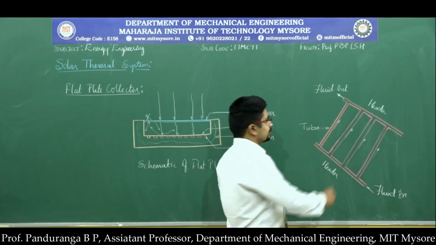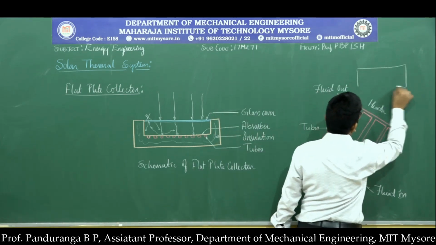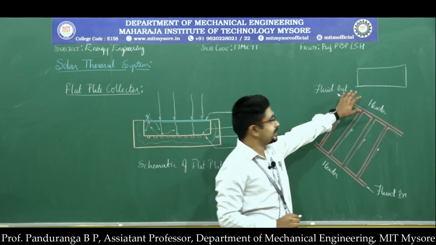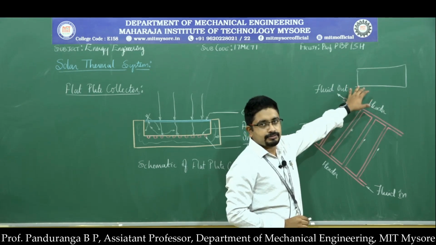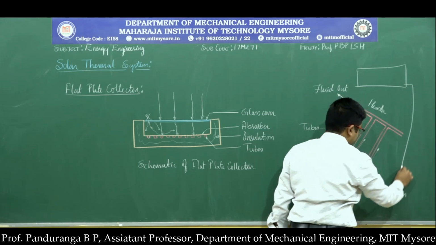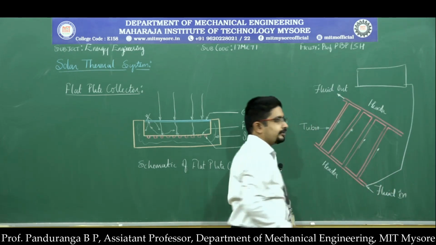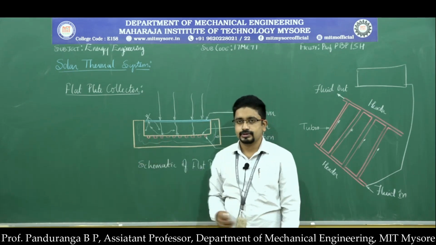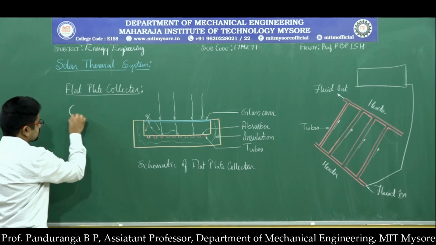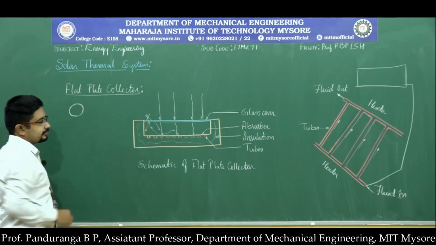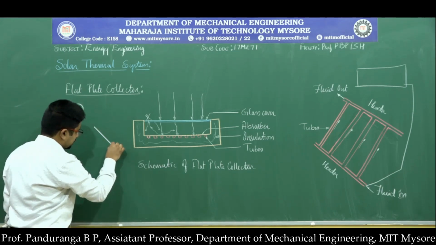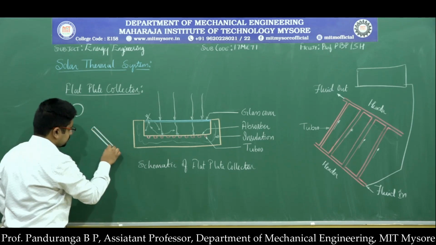So what we do is, we will have an overhead tank, and this tank will also be well insulated. From here we will supply water to the bottom header of the flat plate collector. So the flat plate collector, I will draw the cross section here. Here you have the water storage tank for the flat plate collector. Then you will have the flat plate collector in this position.